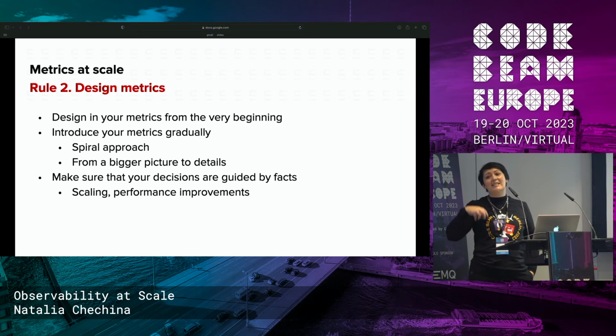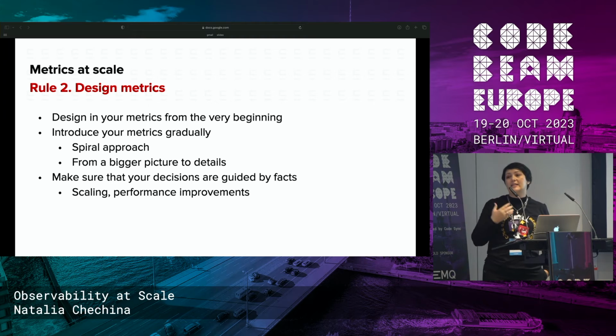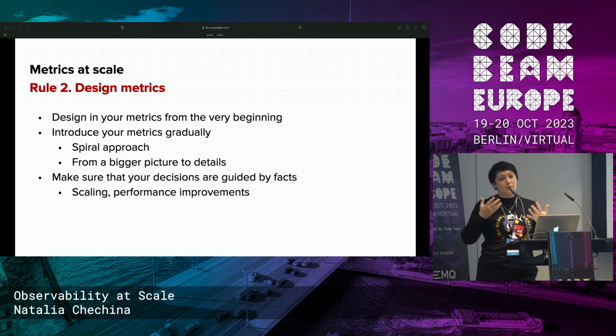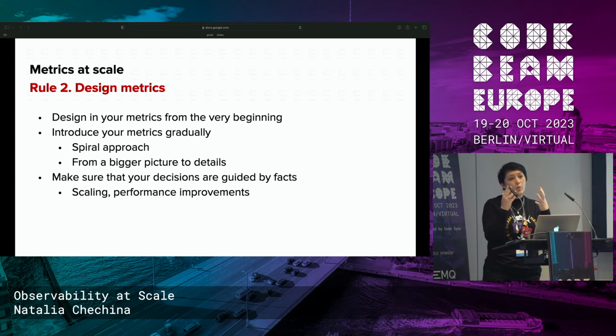The second thing is design your metrics, right? Design them from the very beginning. So when you just start with your system, make sure that the design is also there. Start with very few metrics and then just evolve them. If you already have a mature system, again with logs, don't throw many metrics there. Design doesn't mean that you design every little bit there. Design means that your approach works for your system, right? That's what a design is.